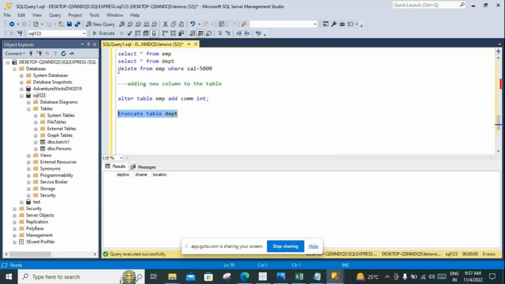Okay, is there any other difference, sir? One more difference. If you apply truncate, it doesn't take much time. Immediately it will remove the entire data. But if you apply the delete function,